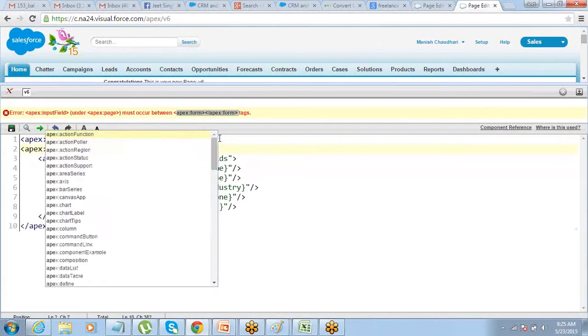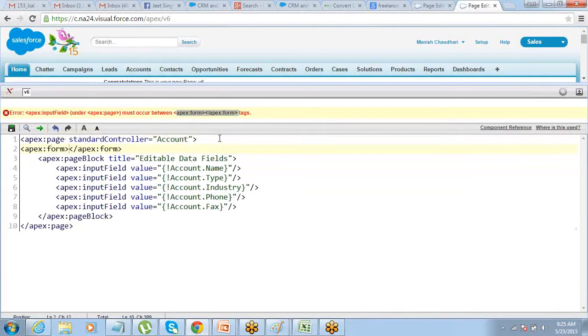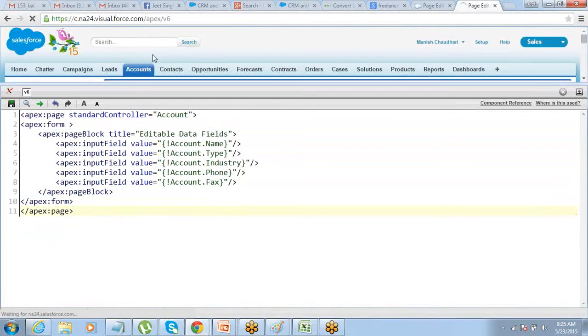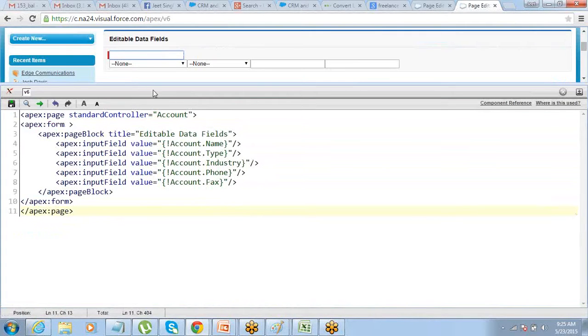There are a few components which always need to appear under the Apex form component, like input field, a button, a link, that sort of thing, wherever the end user has got to do something. So make sure that you put an Apex form component starting and ending here. Line breaks have to be put.